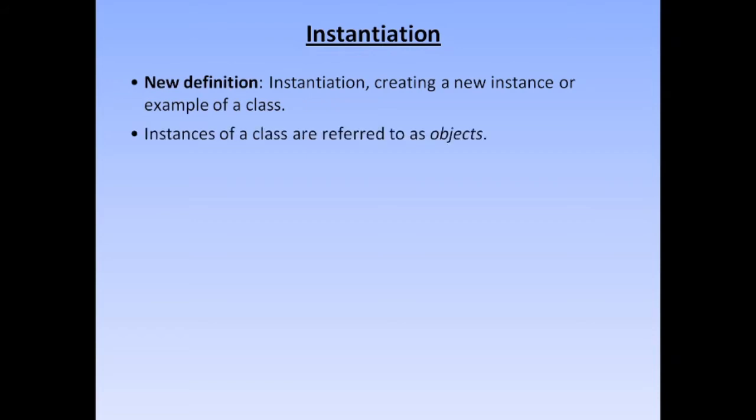Now, instances of a class are referred to as objects, and this is the simple syntax for creating an object of a class. First, we write the class name, then the name of the object which we want to create, then equals, the new keyword, then the name of the class, and opening and closing parentheses. These parentheses mean that we are providing the constructor. What is a constructor? We will go through it very shortly.